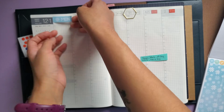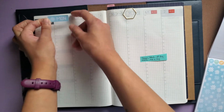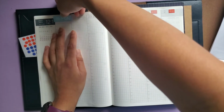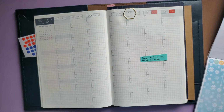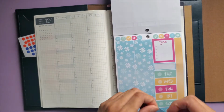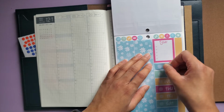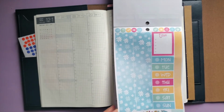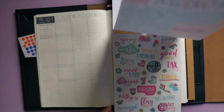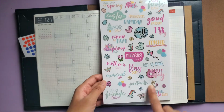So it is a little bit long, but if I just overhang it on one side, I can overlap it, or I can even just center it and it'll be a little bit long, and that's fine as well. So most of the things for Hobonichi will be a little bit big, just because the Hobonichi weekly boxes are slightly smaller than the standard 1.5 inch. So here we have all of the holidays in,